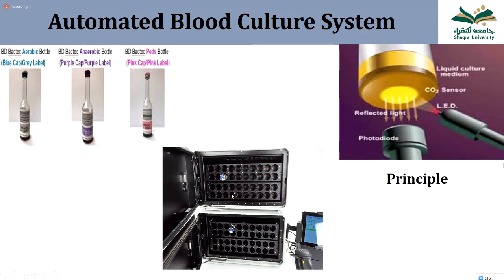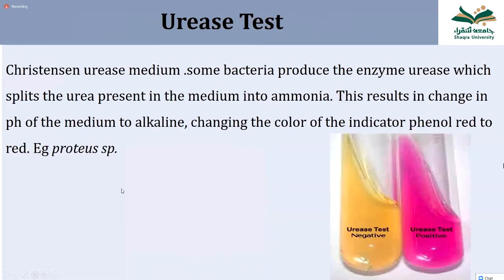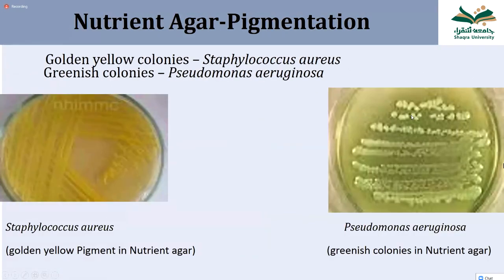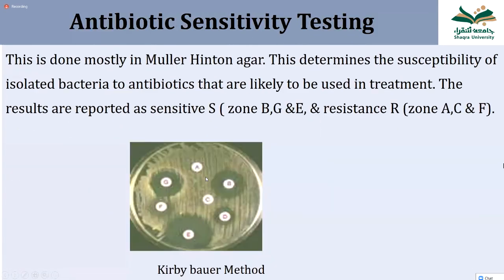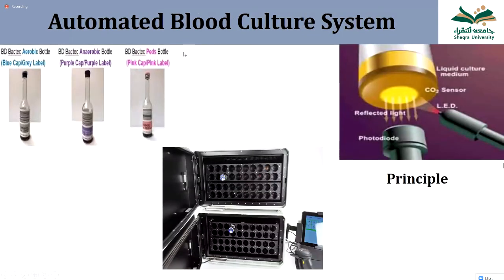This machine keeps on rolling the medium and keeps checking if any bacteria are growing in the medium, and it will give a computer signal, a beep or an alarm. And if an alarm occurs, the doctor comes and checks in which bottle the alarm is. The light will burn near that bottle. So they take the bottle, take the culture from that bottle and put it on the agar, and they know which bacteria is growing. So this is an automatic, computerized system. This is known as the automatic blood culture system.